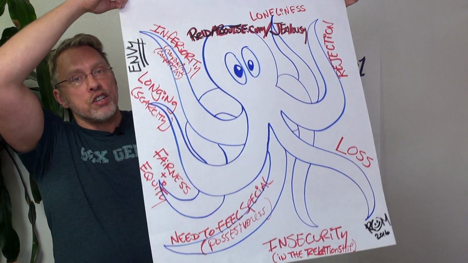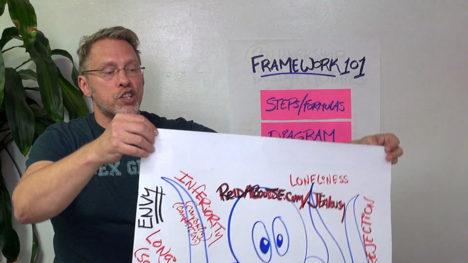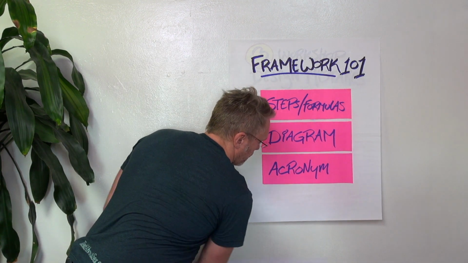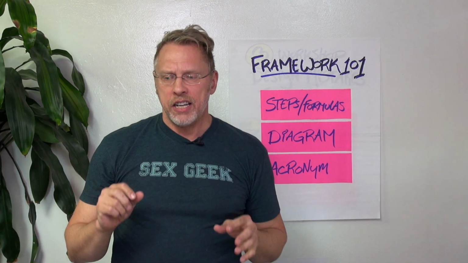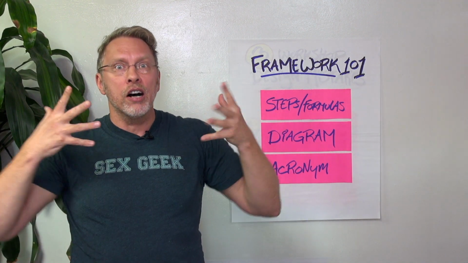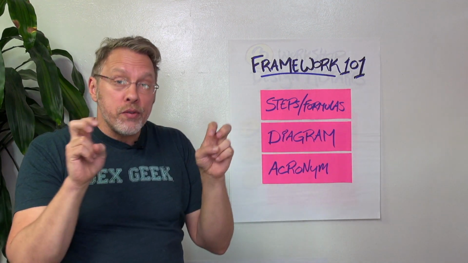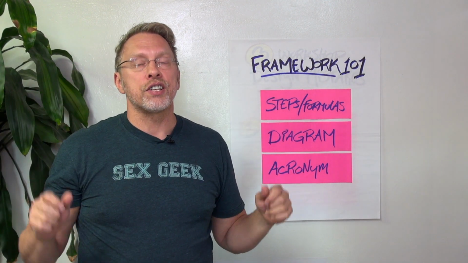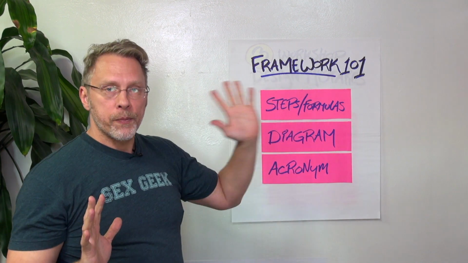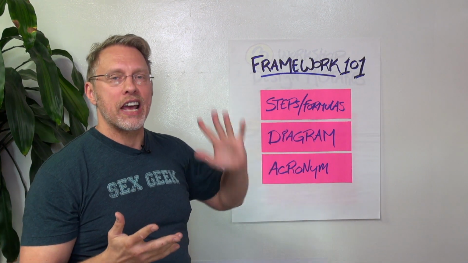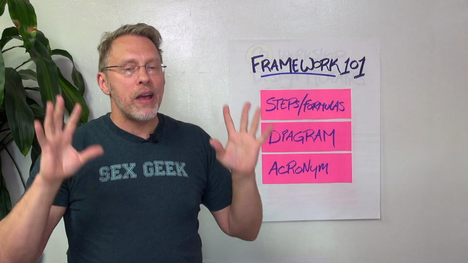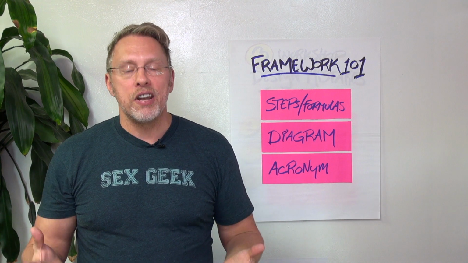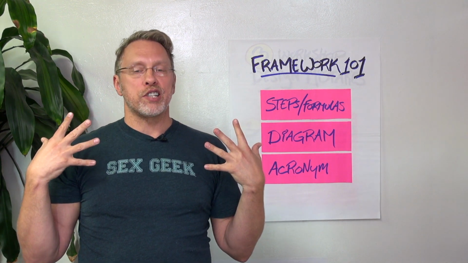So for me, drawing the octopus now is super useful from an educator perspective, because people are like, jealousy is a monster. I get to create a cute little leviathan of an octopus and label the tentacles so that now people have a picture, not technically a diagram, but a picture that helps them anchor the principles. So now when I'm wrestling with jealousy, I'm not so overwhelmed because I'm like, okay, there are